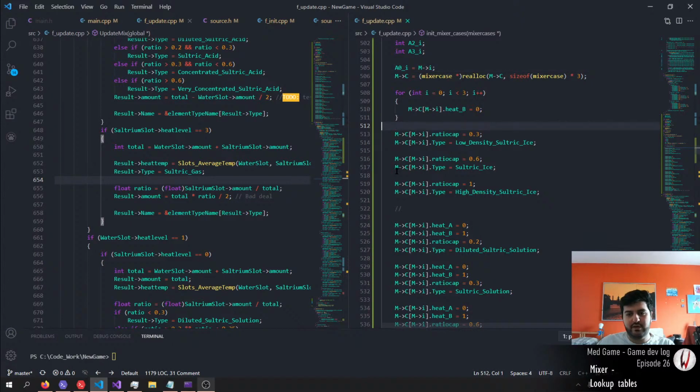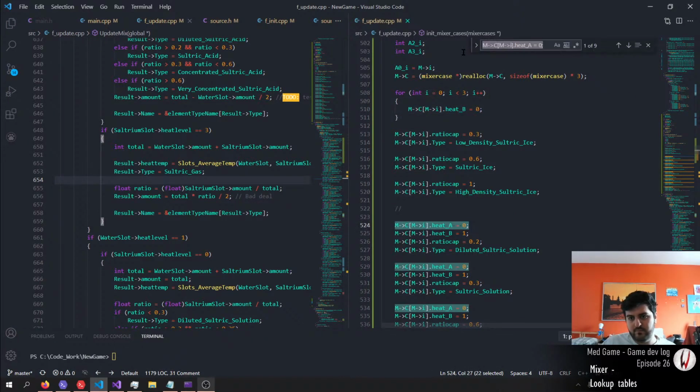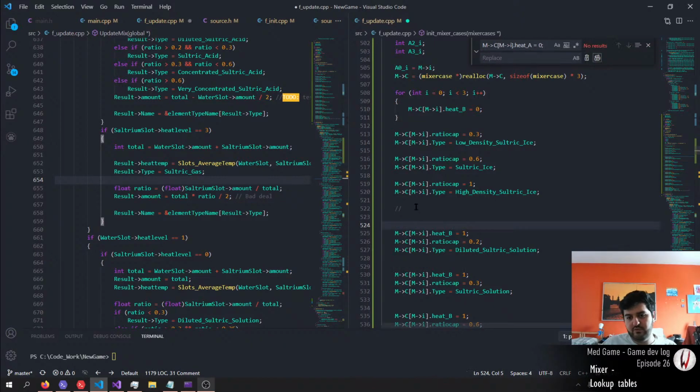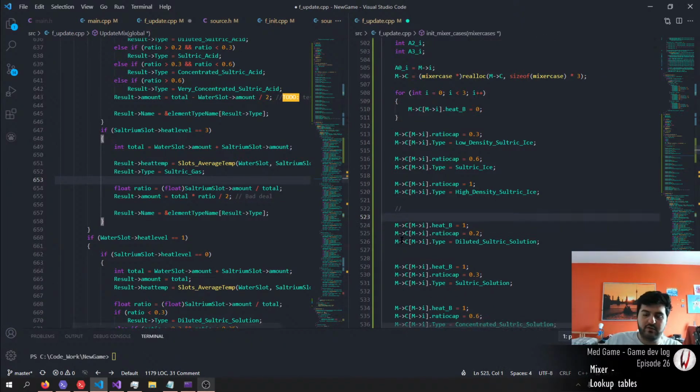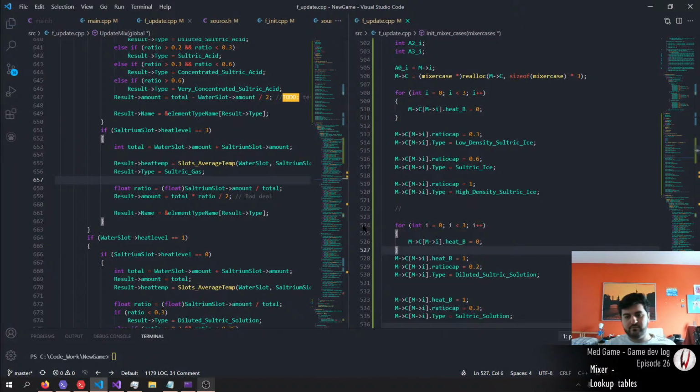So here we have the 3 cases. And replace it with zilch. Alright, so we have, starting from wherever the mi is right now until mi plus